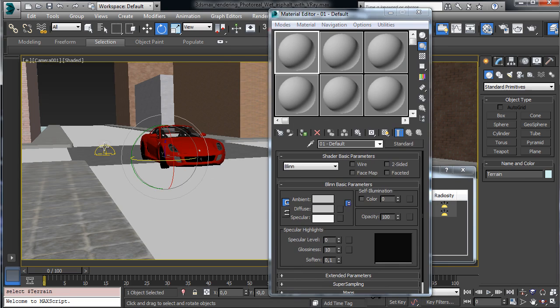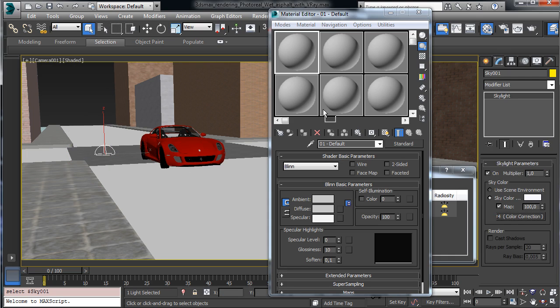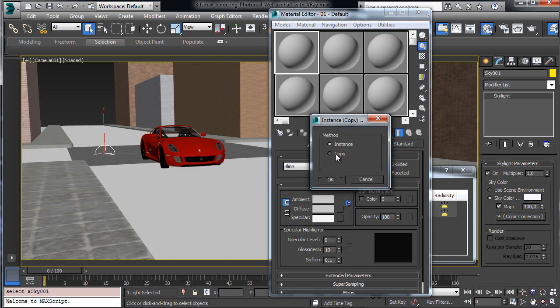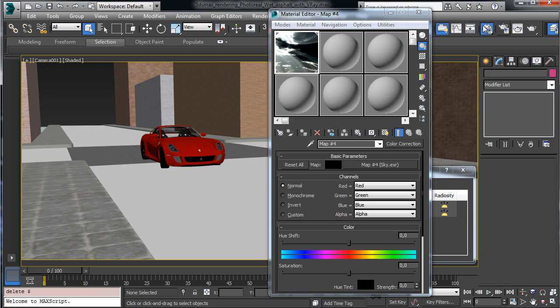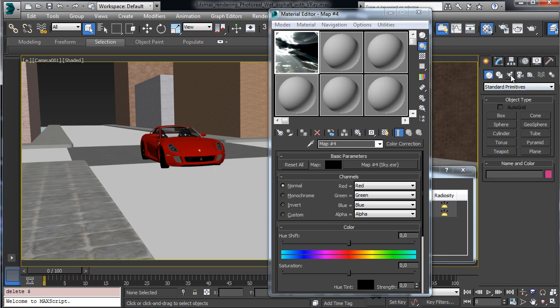So let's select the sky and we have this map. Let's copy this map there as an instance. Okay, that's our illumination map. So we can remove this one and we can create